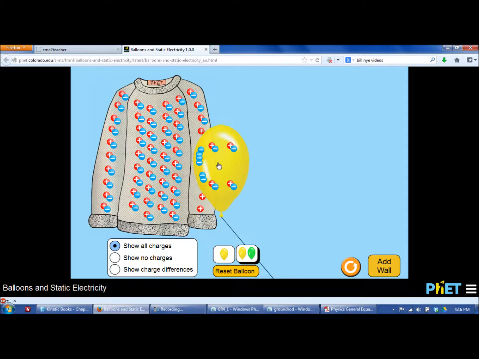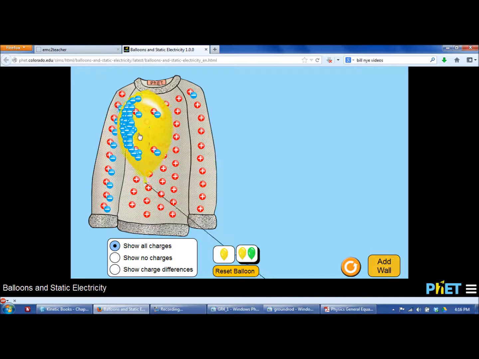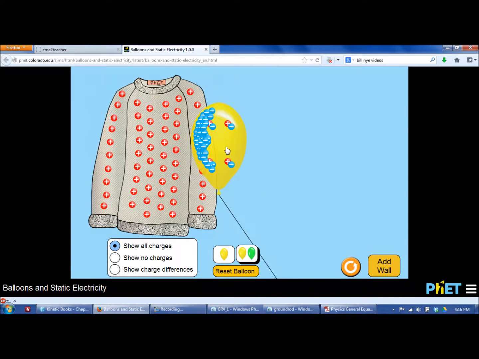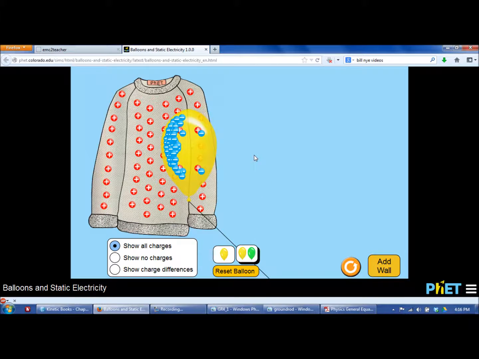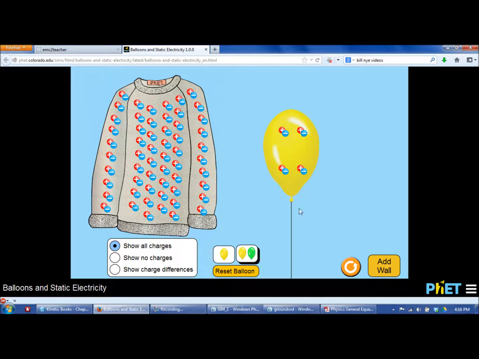What's happening when you rub them is you're rubbing the electrons, which are the ones that are free to move, from the sweater onto the balloon. You can never rub the positive charges, the protons, off because they are in the nucleus of the atom, if you remember your chemistry from last year. So we're going to reset the balloon there. Now,